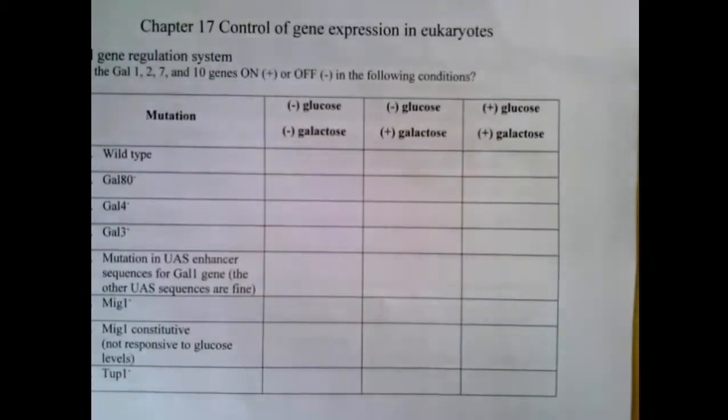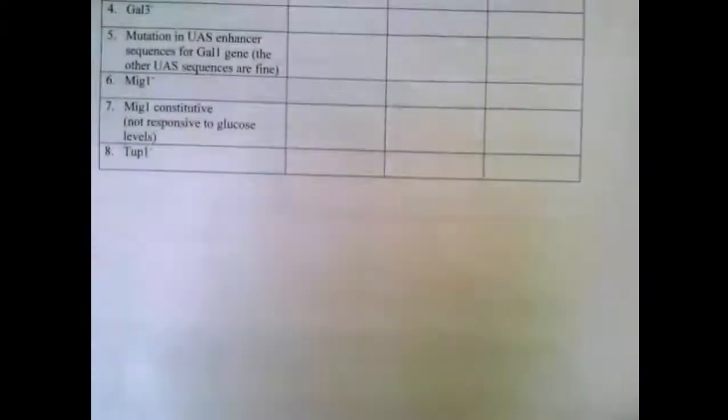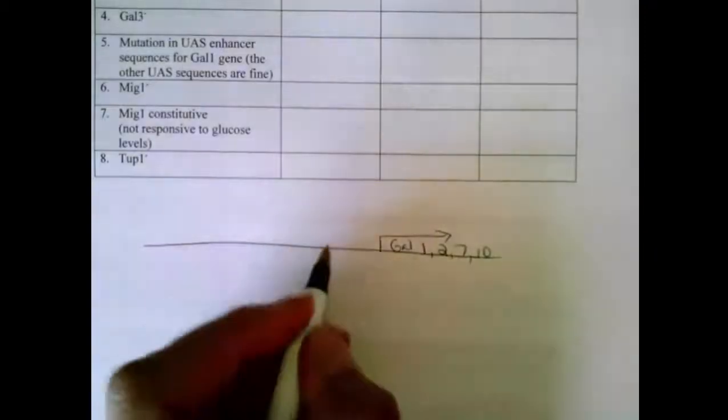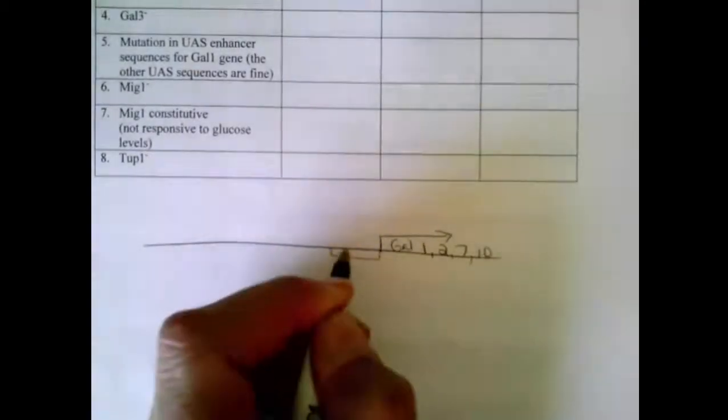Next, I'd like to go over the GAL system worksheet. I'll start off with a little review of what this operon looks like. The GAL genes, the GAL1, 2, 7, and 10 genes, are all separate genes on different regions of the chromosome, and they each have their own regulation system. So each one of these would have a core promoter,